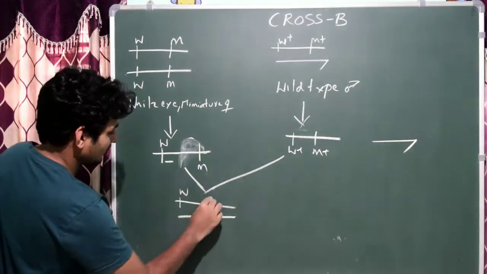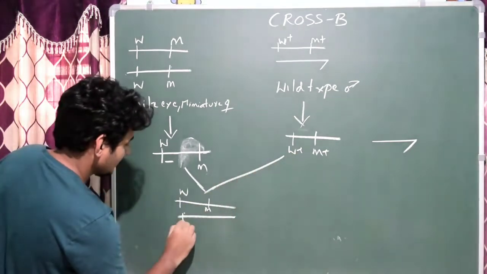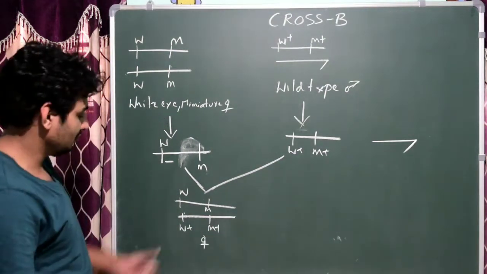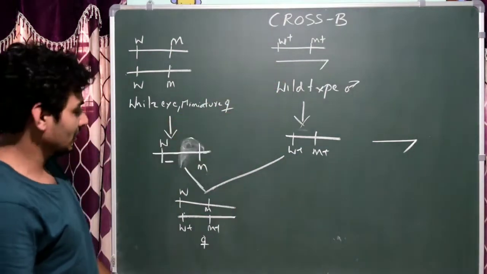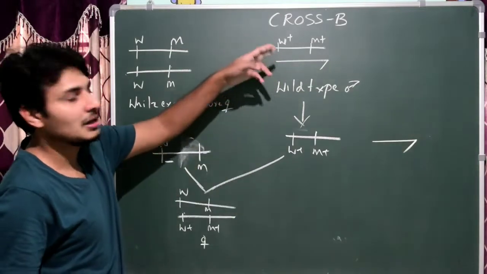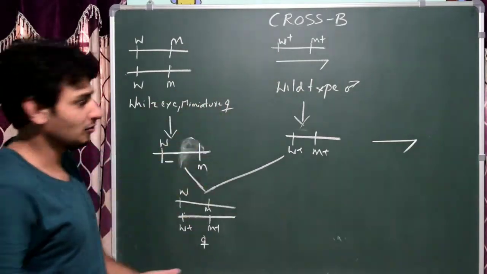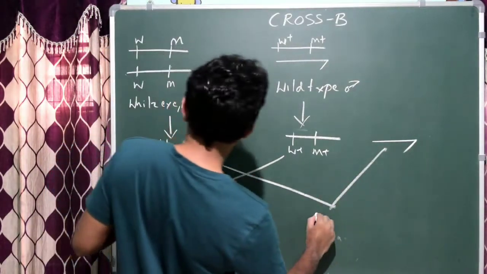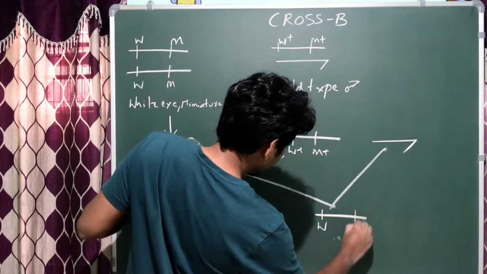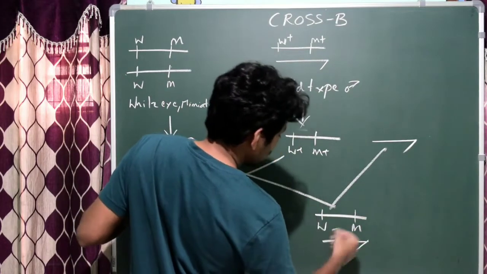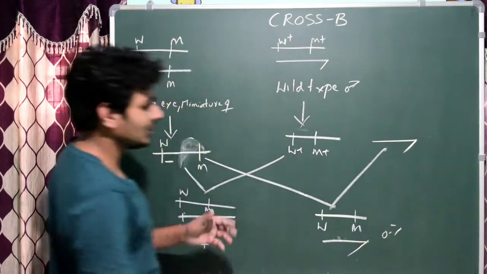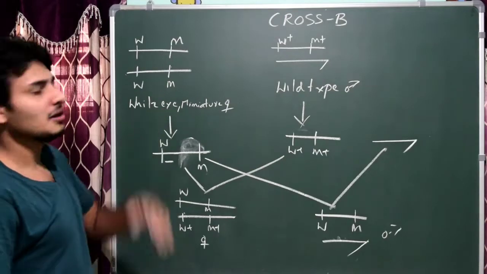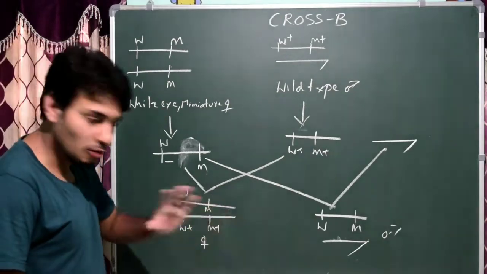Okay, so like this. Here in this case the female is wild type, like it has inherited the character from the male, because the male, the father, is dominant. If it goes like this, then it will be W, M and then Y chromosome, so it is a male, but the characters exhibited by this male offspring are inherited from the female, that is white eye, miniature wing. Hope you are getting my point.